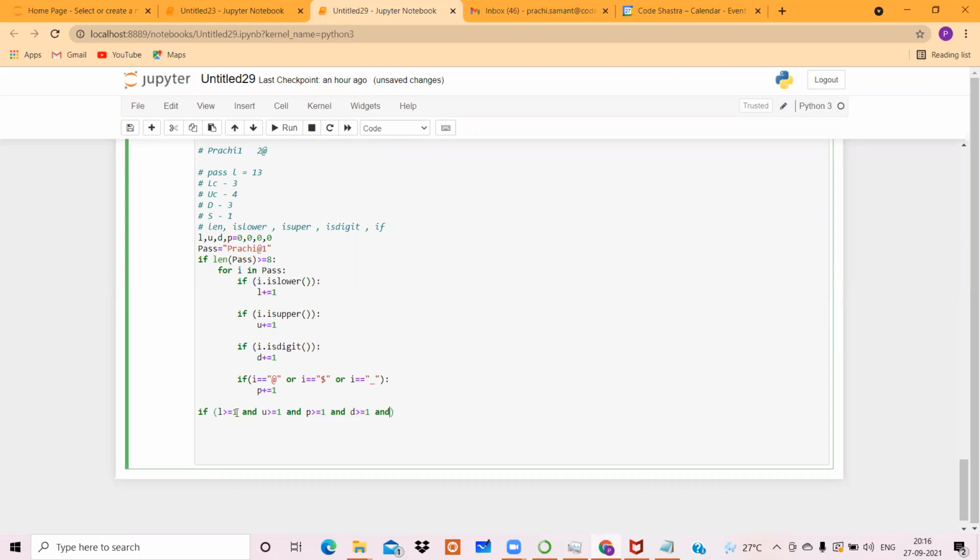Along with that, one very important condition that we have to check, that length of this lowercase, uppercase, digit and special symbol must be equal to the length of password that we are providing. Because if this is true, but if the length is not equal to the password length, तो क्या होगा?